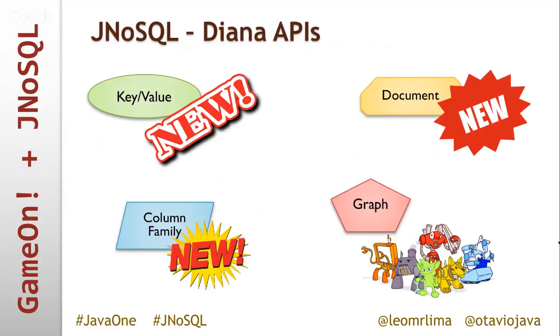So we have 4 different database types, right? Key value, document, column family, and graph. Because there is no approach for key value, document, and column family yet, like a standard or a good library for covering any of these database types, we're developing new APIs for those. But for the graph database, we're reusing what the Apache TinkerPop project did. It was a really good project, and we're going to use that as a starting point for the graph database.